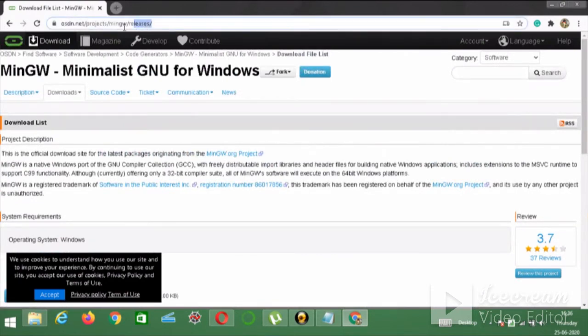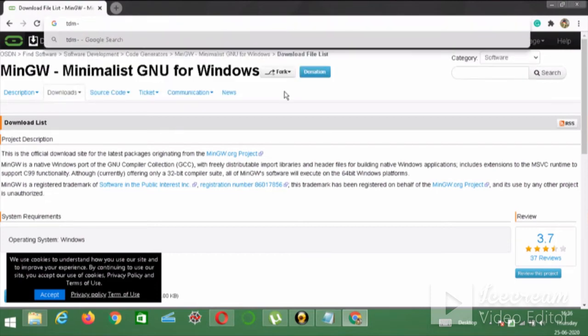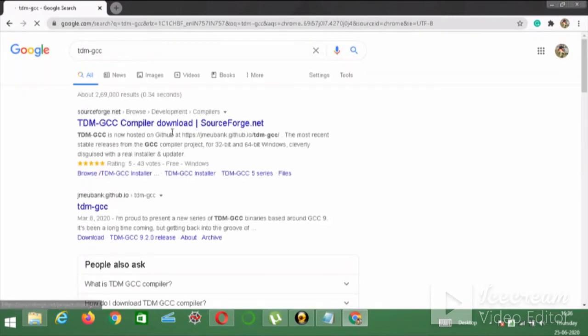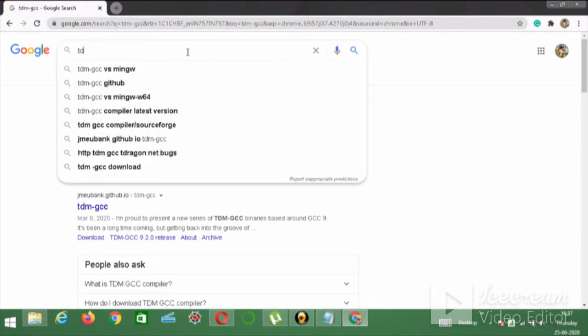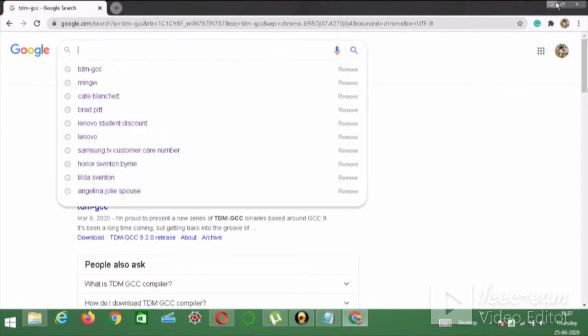After that, install it in your system, and along with the installation, search for TDM GCC. It will show the TDM GCC compiler to download. You can go to TDM GCC at github.io, or to their own website, and download it from there. Then click the download option and install it in your system.